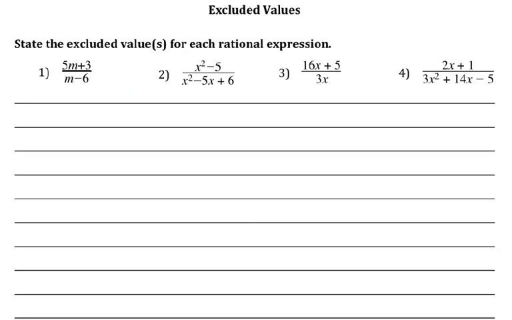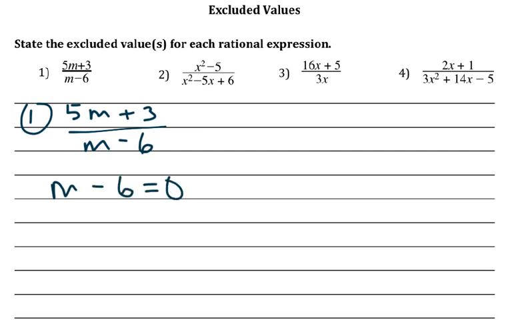So here these problems say excluded values is a heading, and we're going to state the excluded values for each rational expression. So in your textbook you would be rewriting the original problem, and you're not solving for what m would be in these problems. We're not doing the zeros like we did in an earlier chapter. But what we are going to write in our next step is that the denominator, m minus 6, cannot equal 0. So we'll set that equal to 0, which then tells us that, if I add 6 to both sides,